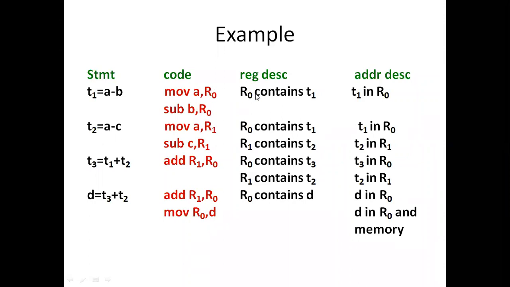This register descriptor contains only two fields. What are those two fields? One is status and another one is an operand descriptor. And here R0 contains T1, because the resultant is in R0, and after writing the code sequence, the resultant is in register R0. And in the translation string, that means in the intermediate language, we are storing the resultant in T1. So R0 contains T1. And here coming to the operand descriptor, that is the address descriptor.